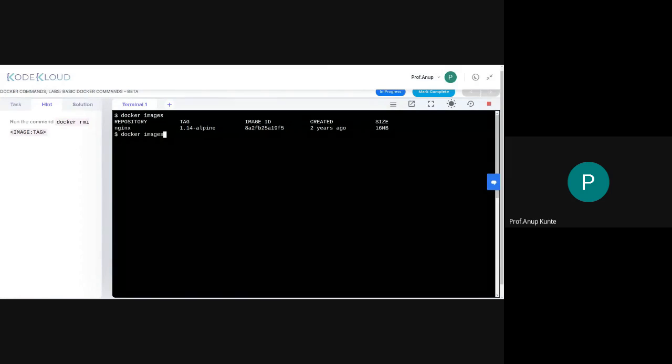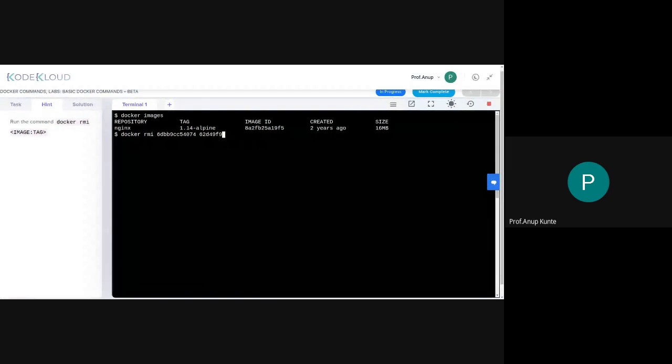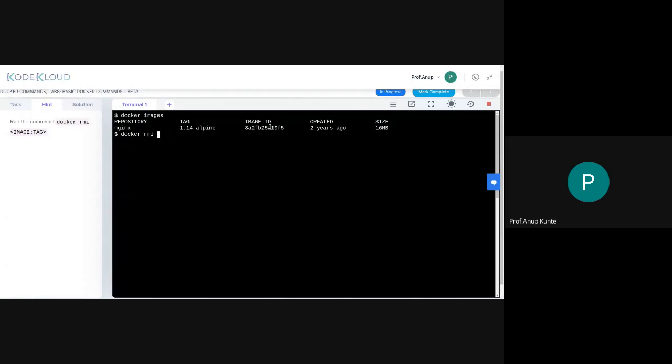Now I need to delete that one as well. So I'll say Docker RMI and I need to give it the number. The number is 82. Did we try deleting this earlier? Yes, we tried deleting this earlier and it's still there. Okay, we'll see what happens now.